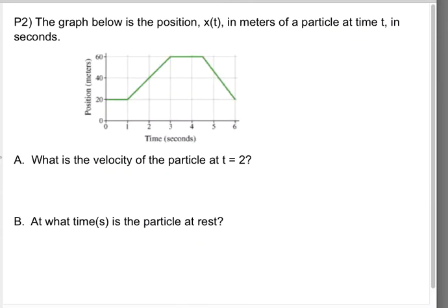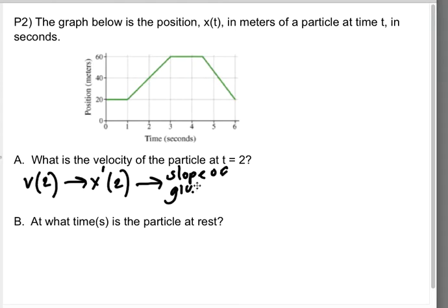All right, let's go ahead and do a P2. So you can pause me if you want. This is also a position graph. So go ahead. I'm going to go ahead and walk through it while you hopefully walk through it before you unpause me. So what is the velocity of the particle at 2? So remember, you're being asked for v of 2. I want your brain to make the leap that that is x prime of 2, which means that it is the slope of the given graph